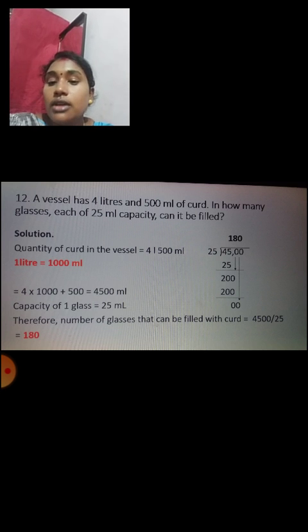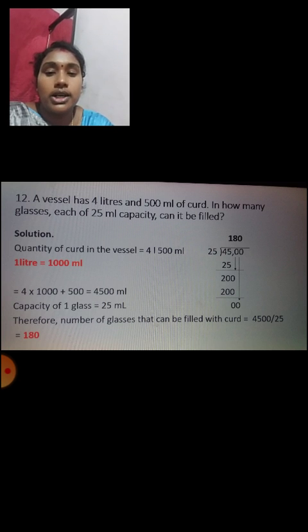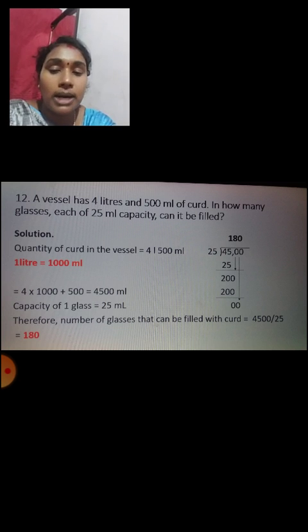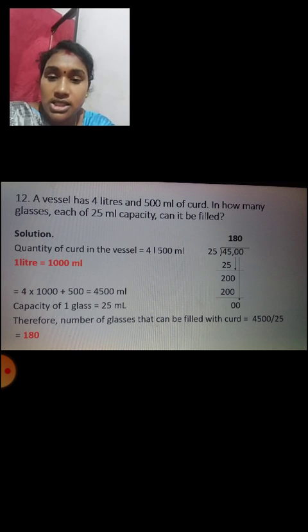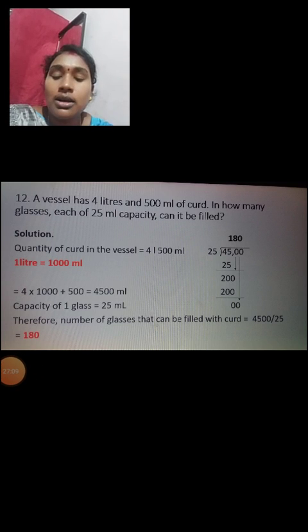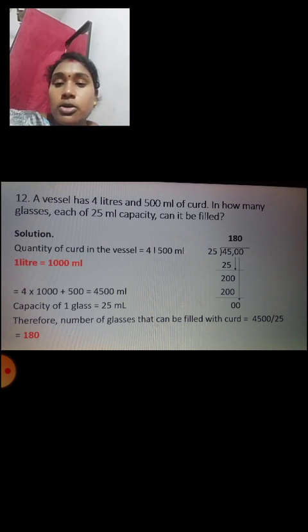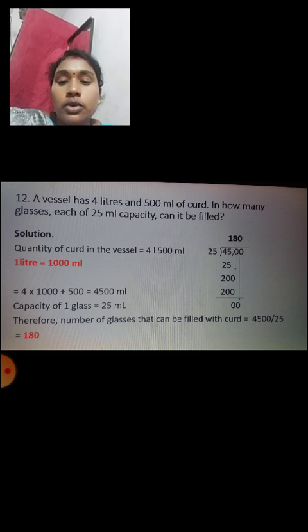Okay children, whenever a question is asked like this, you have a larger amount and you want to find out how much is there when one particular glass is given this much quantity, you have to divide. You need not multiply for this. Multiply will be always in terms when one is given in so much unit and it has to be for a larger number. That time you have to multiply. Whenever a bigger amount is given and one unit is given, you have to divide.